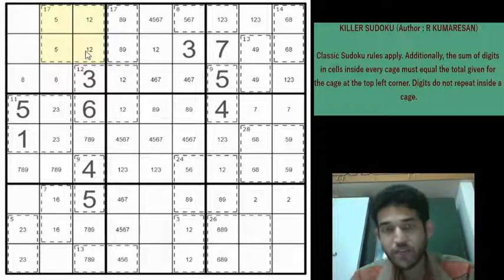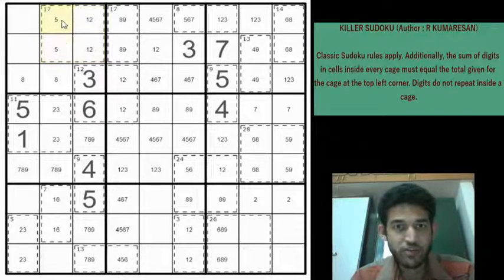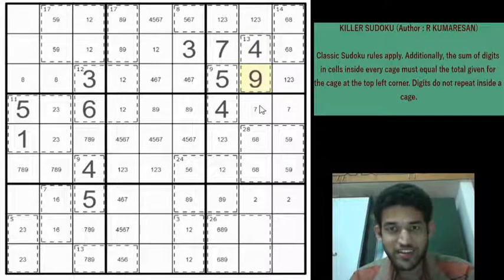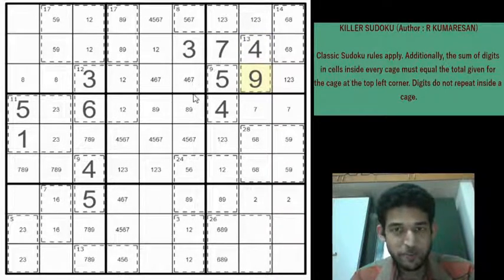1, 2 and 5 gives an 8, right? So we need a 9 more in these cells. And now we have locked these cells. It can only be 1, 2, 5 or 9. Beautiful. And because of the result of that, we have a 9 in these two cells and 9 in these two cells, which eliminates the 9 from these 6 cells, right? And that gives a 4 here. What a Sudoku, guys. What a Sudoku, really. I can't stop talking about it. It's amazing.